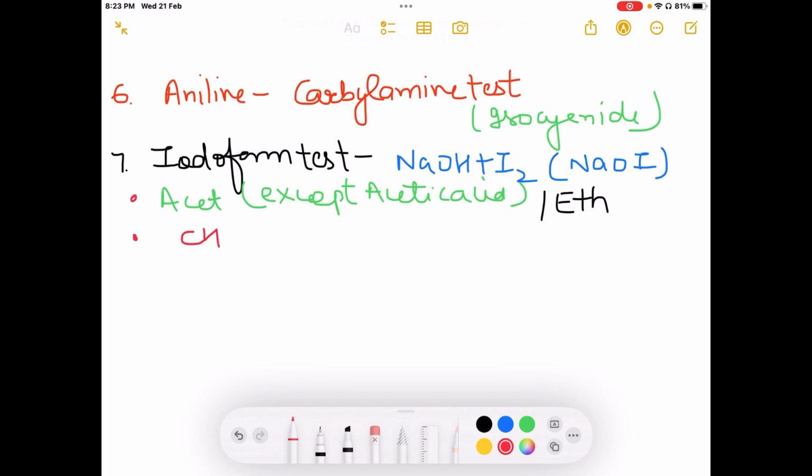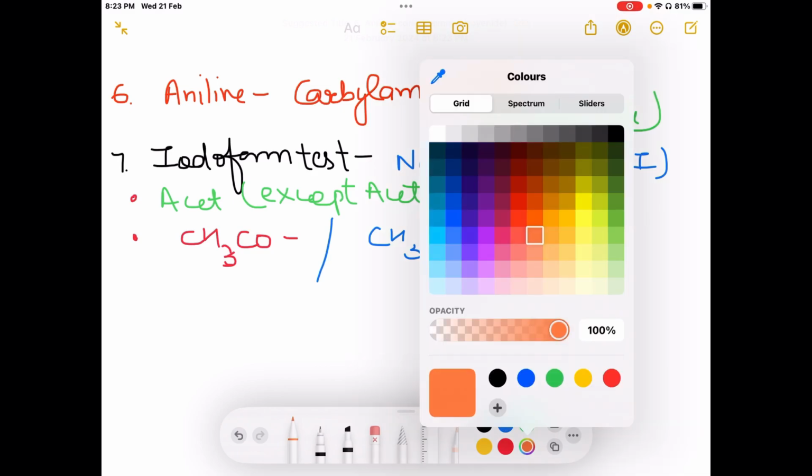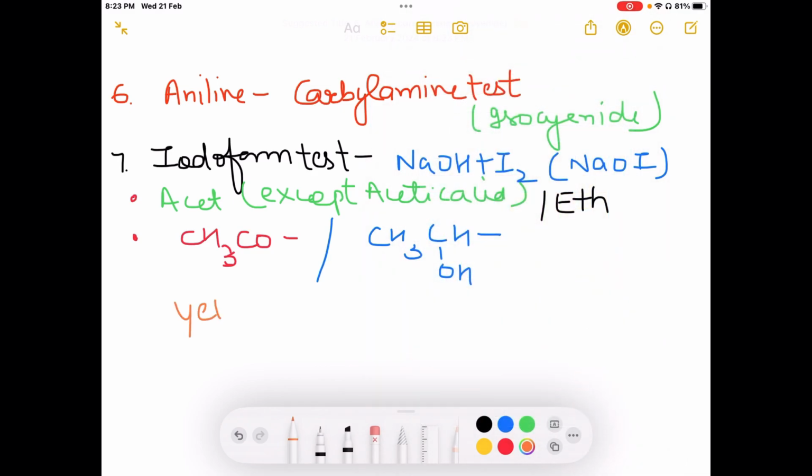So any compound which is having a CH3CO part in its structure, or a CH3CHOH part, shows the iodoform test and results in the formation of a yellow precipitate of iodoform,